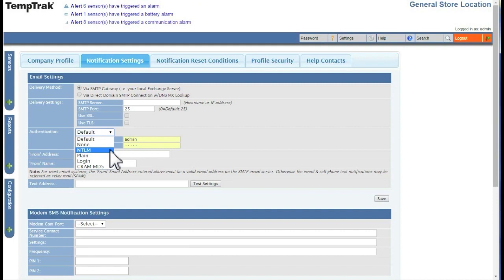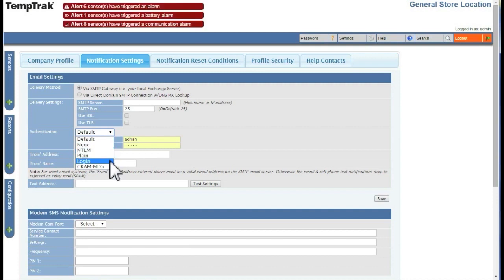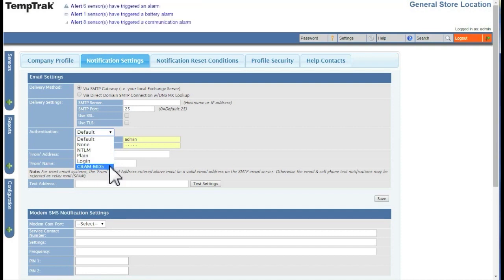When using NTLM, the NTLM domain, username, and password need to be entered. Login authentication takes the username and password, encodes it, and sends it separately. For this method, a username and password are required. CRAM MD5 authentication provides a stronger encryption and authentication mechanism, which requires a username and password to connect to the